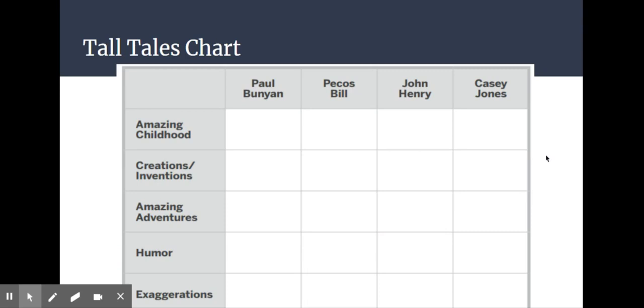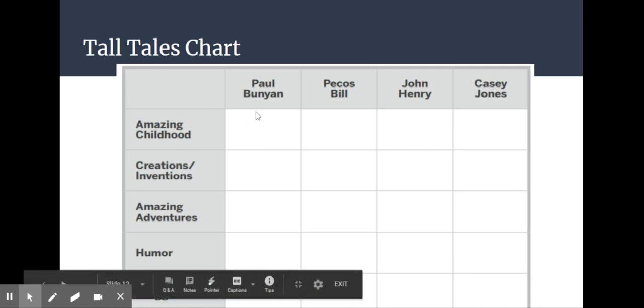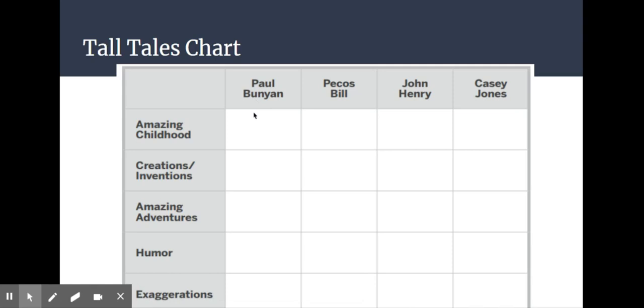To end your time today, we're going to go through the tall tales chart. So what a chart is, at the top of the chart is all the tall tales we're going to be reading. So we just read Paul Bunyan. So then we're going to go down and you're going to go through every single category and you're going to figure out what in the story, how it connects to Paul Bunyan.